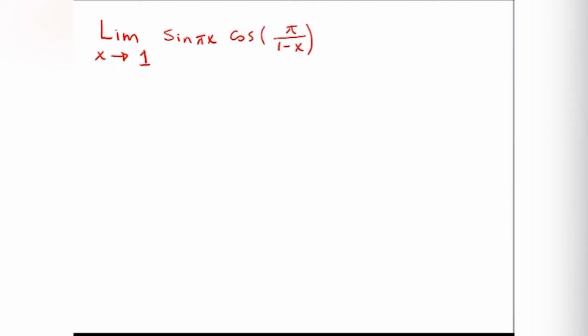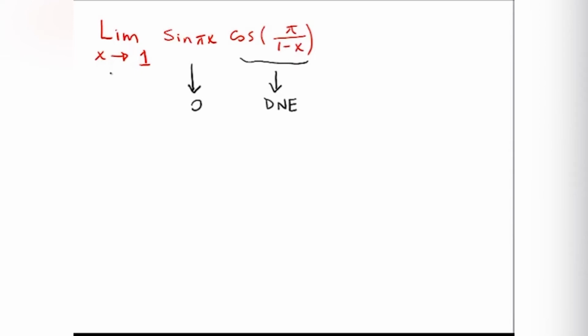In this limit problem, as x goes to 1, the first factor is going to go to sine of pi, which is 0. And the second factor, as x goes to 1, will be cosine of pi divided by 0. So the quantity inside the cosine is going to go to plus infinity or minus infinity, and therefore the limit of the second factor is undefined. It does not exist,